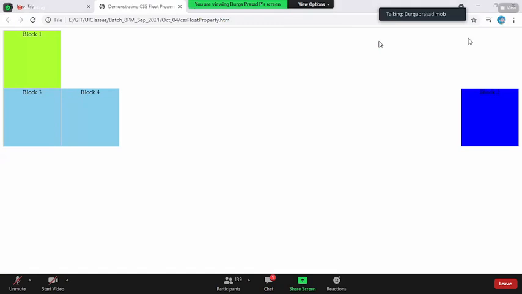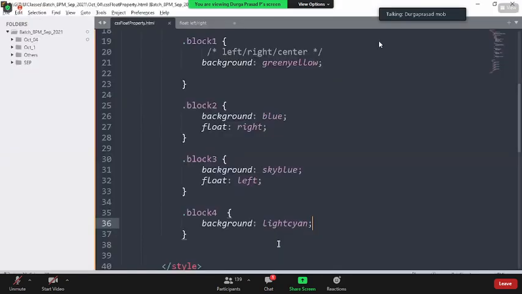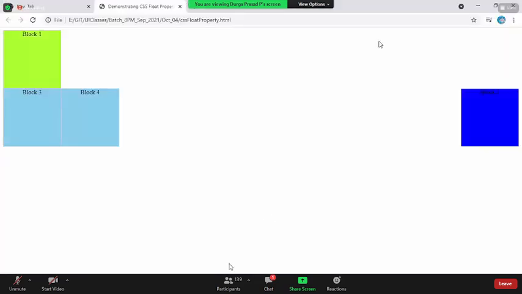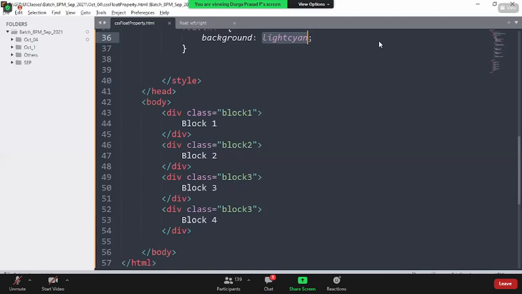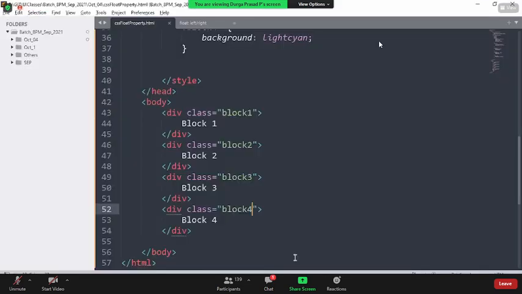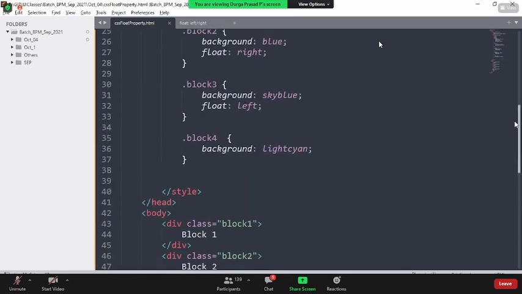This is where the confusion might be. Why is the light pink not coming? Sir, you gave the class name, sir. Block 3 has block 4. Now if you come back and reload the page. Sir, you didn't mention the class name for block 4. Okay, fine. For block 4, you didn't mention the class name.